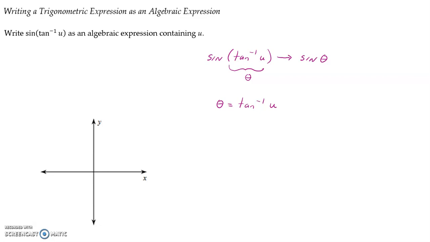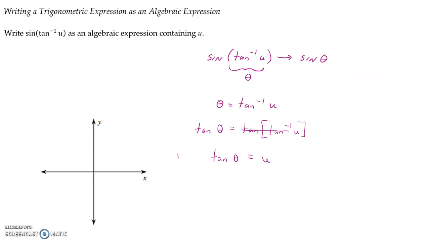Okay. We can go ahead and take tangent of both sides. And keep in mind, on this right-hand side, the tangent and the inverse tangent are going to cancel each other out, and we're going to be left with tangent of theta is equal to